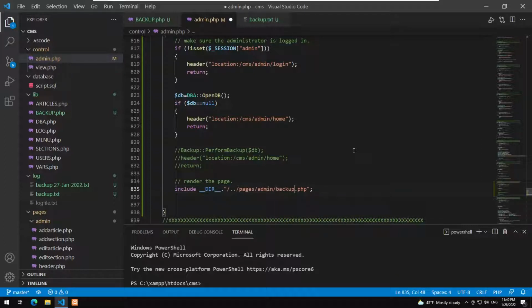Now what does the backup page need in order to have its things work correctly? Well, we are going to show all the available backup files, which means we need to search the log folder for all the backup files in there. Okay, I hope that makes sense. So let us go to here